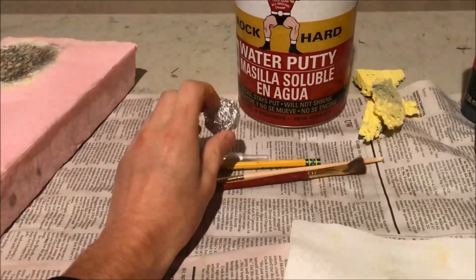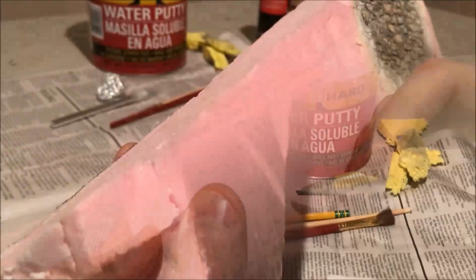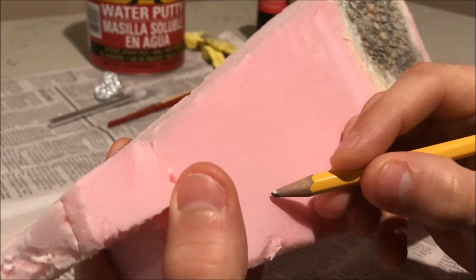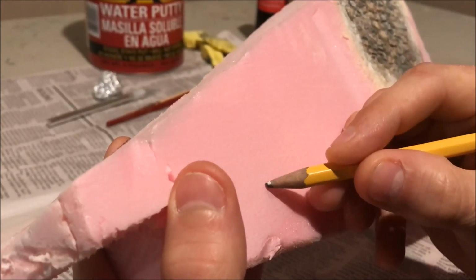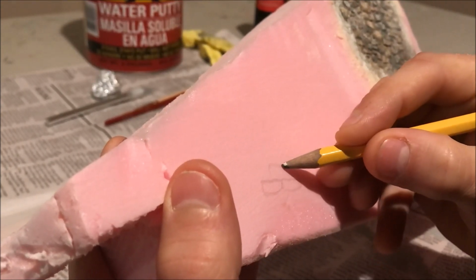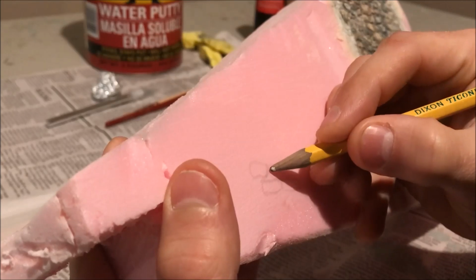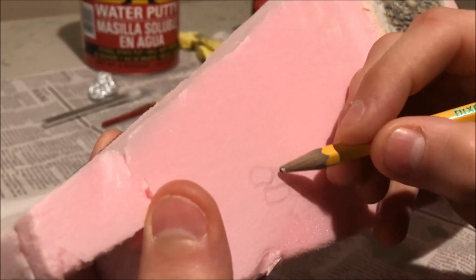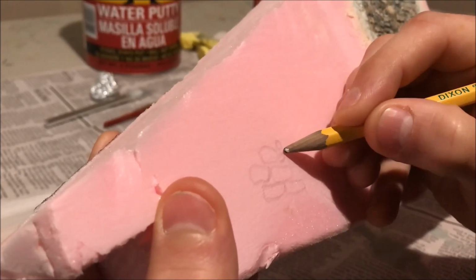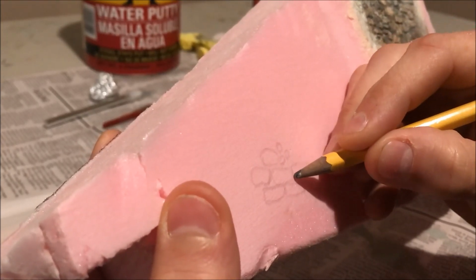So let's go ahead and start by tracing out our rock pattern on the polystyrene. Okay, so when you're drawing the rock pattern, really at this stage you can choose any pattern you want. I'm just going with a standard kind of castle or fortress wall pattern, but again, really the sky's the limit with that. I'm leaving space between the individual stones or bricks, and I'm varying some of the shapes slightly and the sizes too to look like rubble, because if you ever look at a very old building or old castle ruins,